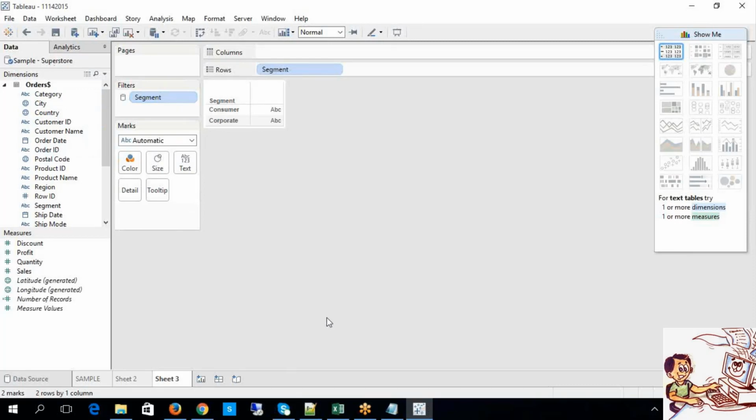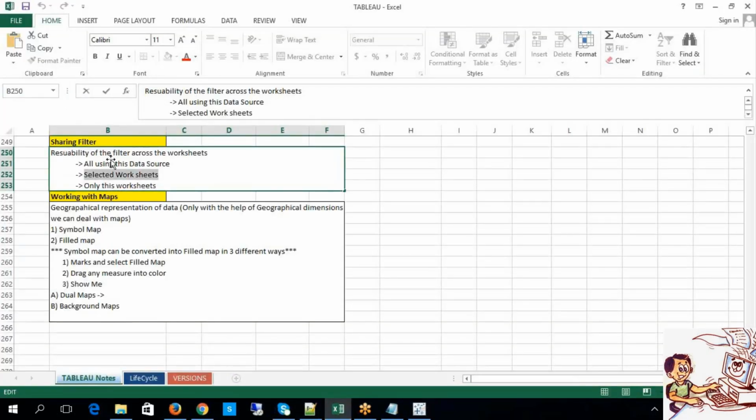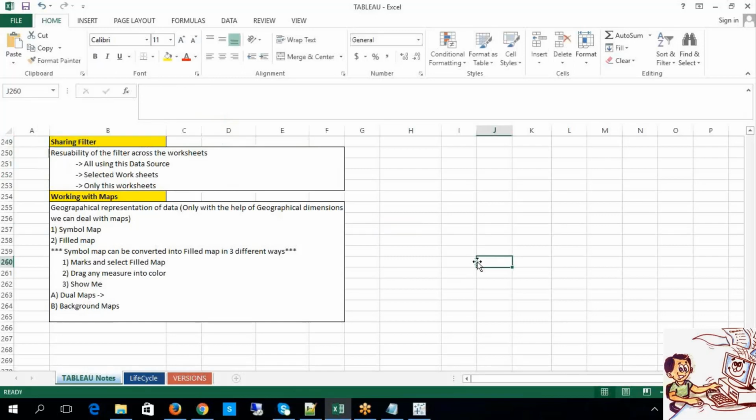This is what sharing filters are, where we can reuse them n number of times, respective to the selected worksheets, to the individual worksheets, or to the total data source. This is the beauty of a sharing filter.